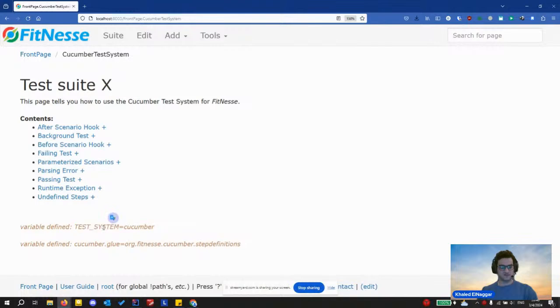You can see we must define the test system to be Cucumber, and Cucumber does not come by default with FitNesse, only Fit and Slim, which are, as I said, other automation frameworks. They have their own DSL. If you'd like to use Cucumber's Gherkin scripts and outlines and scenarios, and run them against Cucumber, you'll have to integrate FitNesse with Cucumber using Cuke Nesse, which is basically what we did.